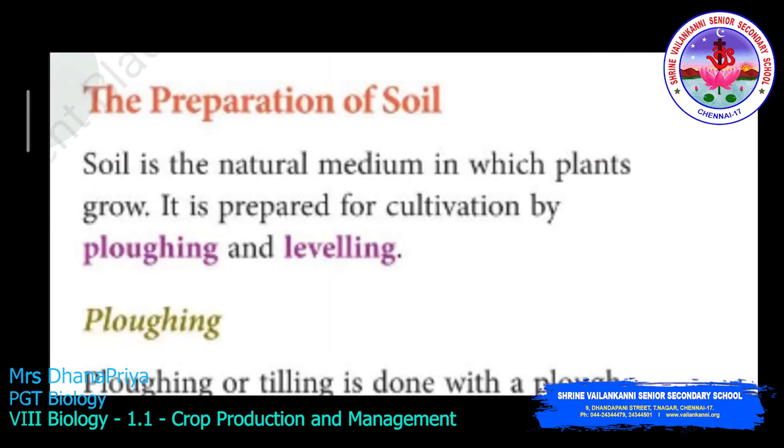In agricultural practices, preparation of the soil is the first task for the farmer to accomplish. Preparing the soil so that it can support crop cultivation is the first step towards agriculture. The way you need to prepare before exams, similarly soil needs to be prepared before planting crops. The activities involved in preparation of soil are ploughing, leveling and watering. These are the activities done at the time of preparation of soil.